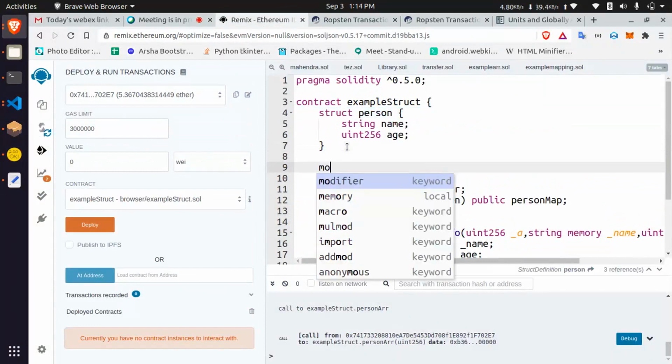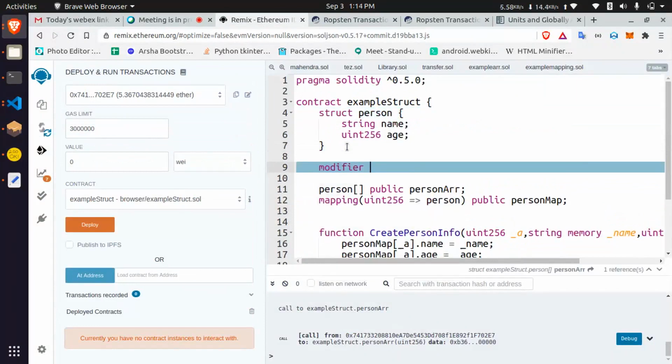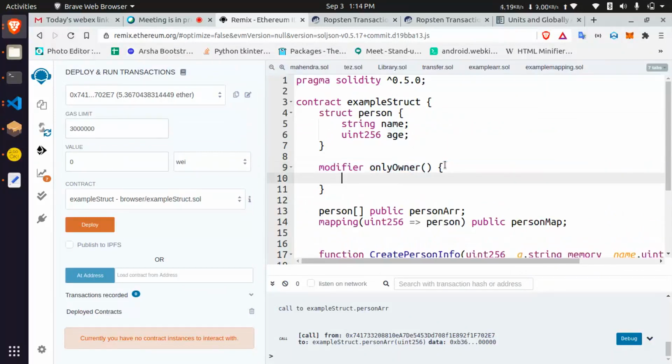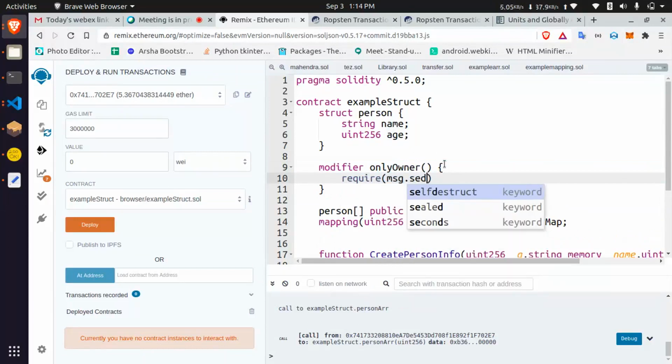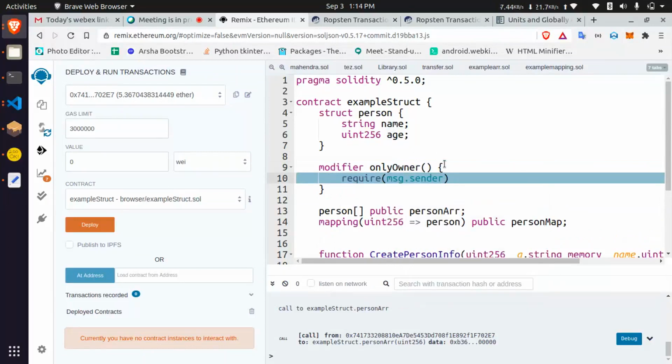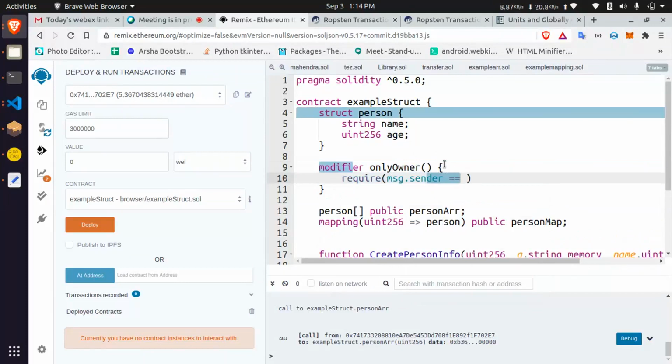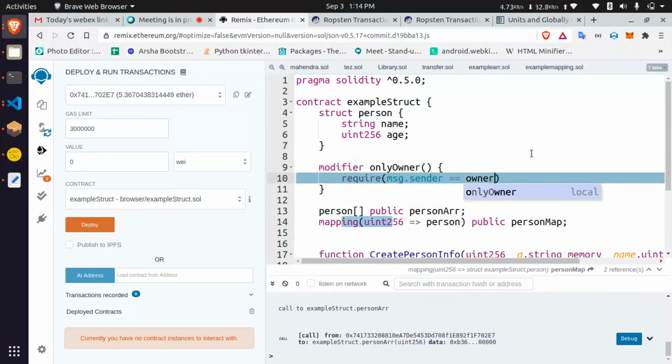If you're writing a modifier, only owner, in that pass a require: message.sender equal to owner.